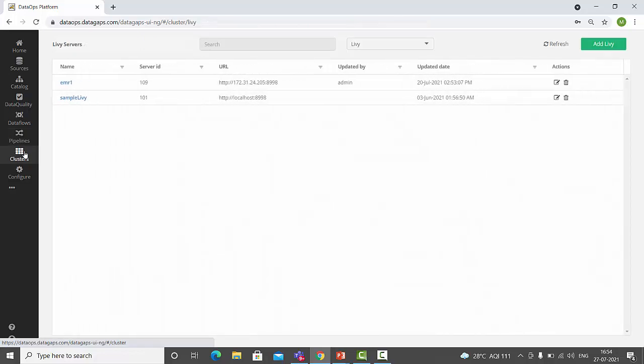As mentioned, we have the DataOps engine, which is used to process large volumes of data. We have three types of clusters here: Livy, EMR, and Azure Databricks.